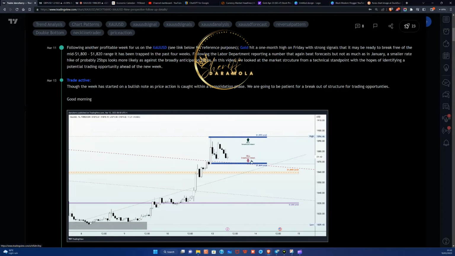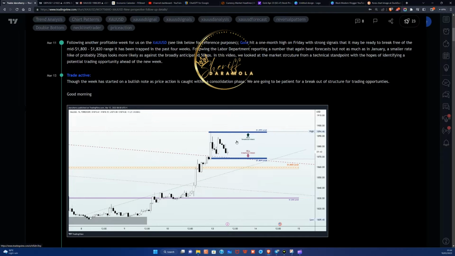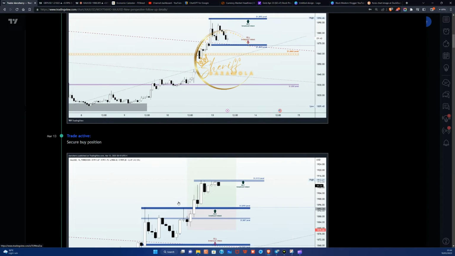So with a sell stop order at the support line at the 1869 and a buy order at the resistance line at the 1895, we saw how price action broke out of the resistance line to trigger our buy position. And at this point, we rode the move all the way up. I told us all to secure positions here as we anticipate a breakout of the 1913 to add more position